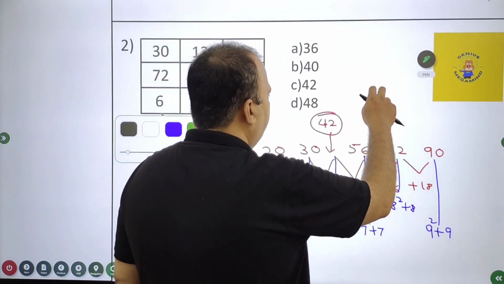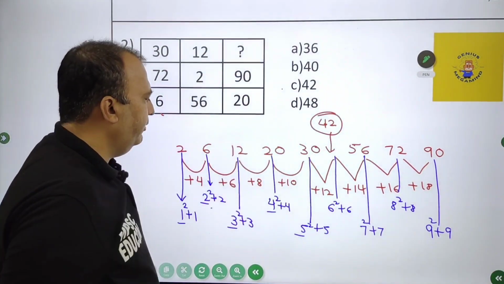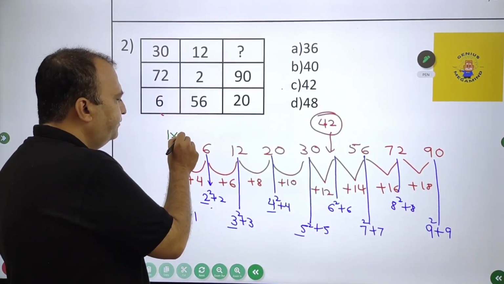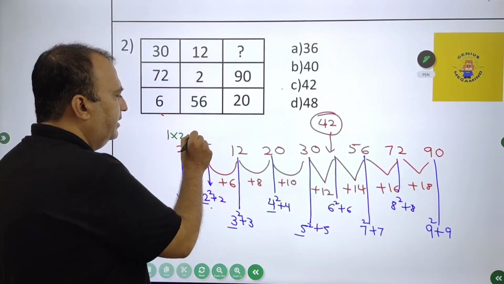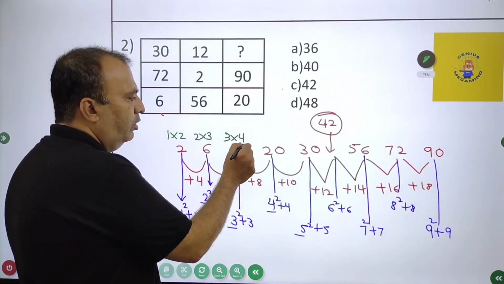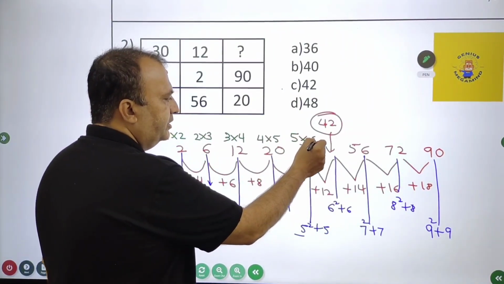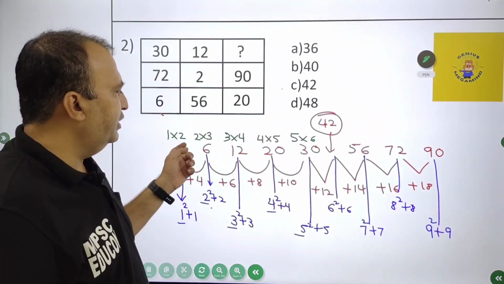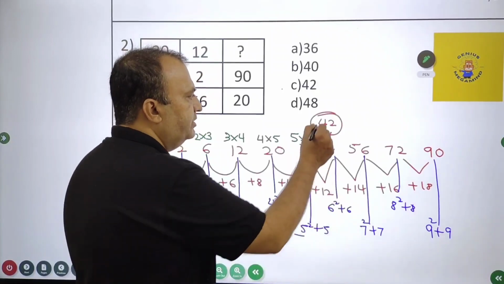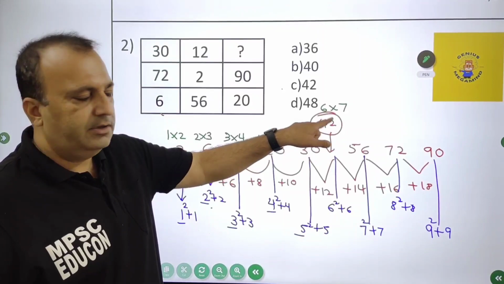I can deal with the same question by a different method again. So please get acquainted with the different methods so that you can deal with the questions in a very proper way. Now the first number, my friend, is 2. Can I write this as 1 into 2? Obviously yes. Can I write this as 2 into 3? Then I can write this as 3 into 4. So this will be 4 into 5. This will be 5 into 6. Now please check out the sequence. 1 into 2, 2 into 3, 3 into 4, 4 into 5, 5 into 6. It has to be 6 into 7. 6 into 7 is 42 again. The same answer.